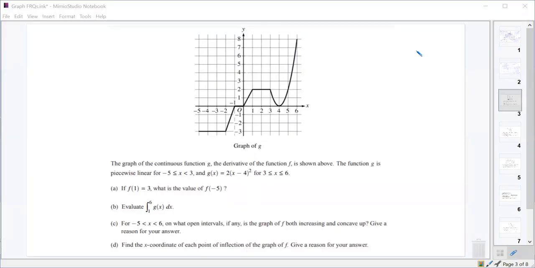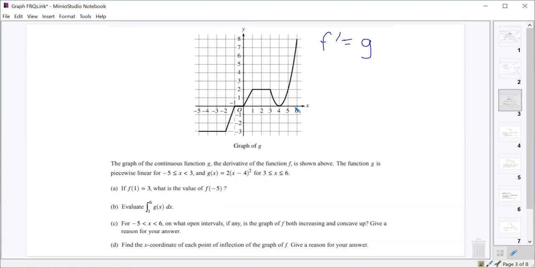All right, so we've got the graph of a continuous function g, which is the derivative of f. Okay. So I'm going to say g is the derivative of f. So f prime equals g. We're just going to kind of write that down. That's helpful probably. And then we know that g is piecewise linear from -5 to 3. So all these things are linear pieces. And then it's parabolic, 2 times x minus 4 squared, from 3 to 6. Okay. So the first thing we want to do is figure out the value of f of -5,